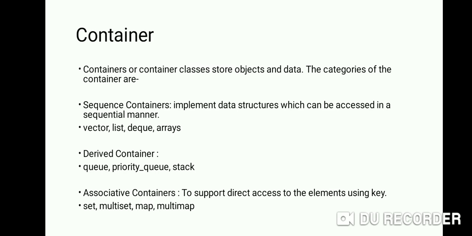It includes vector, list, deque, array, and so on. A derived container is one where from the data we can derive containers, that is queue, priority queue, and stack. An associative container supports direct access to the element using a key. It includes set, multiset, map, multimap, and so on.